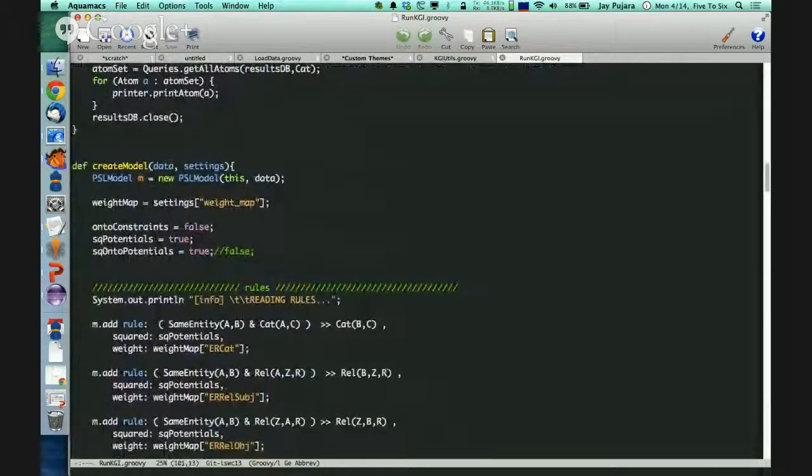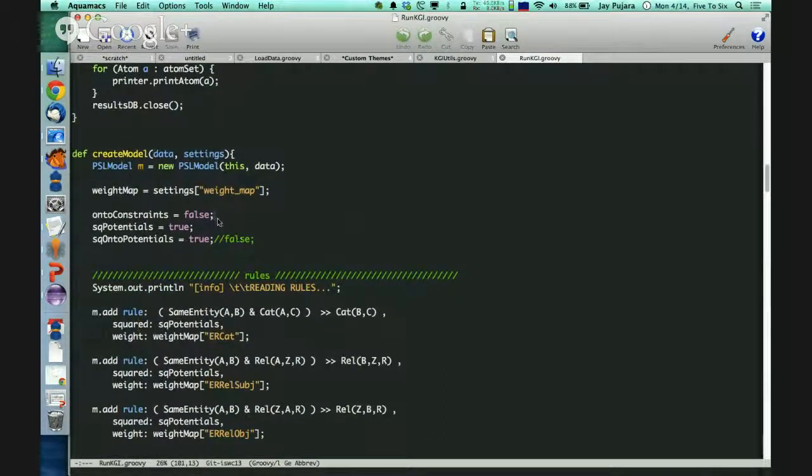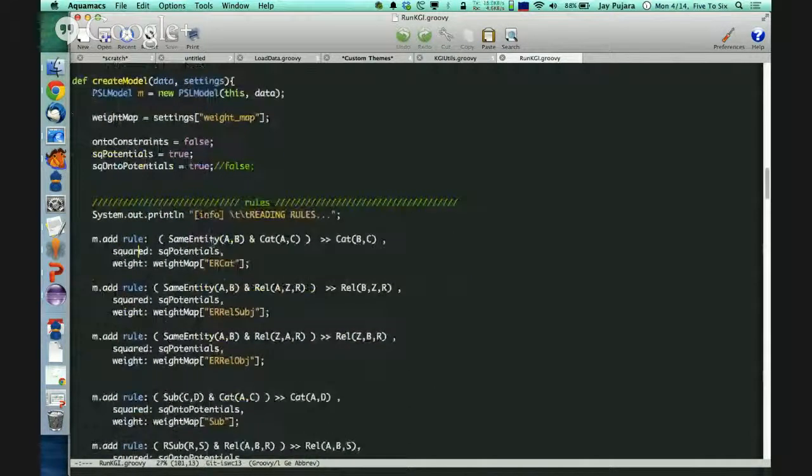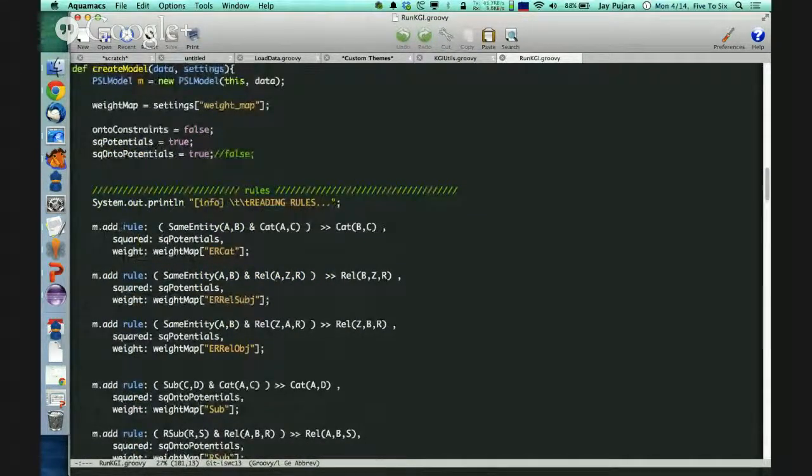Okay, so we're going to create the model. We're getting the data store and some settings, and we create a new PSL model, and we load the weight map. We have some sort of toggles here in the code that we can use to play around with how the experiment runs. But these rules, you can see the m.add rule syntax is just what we use to create